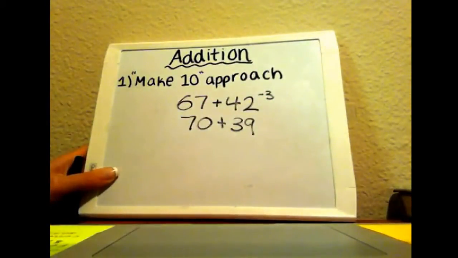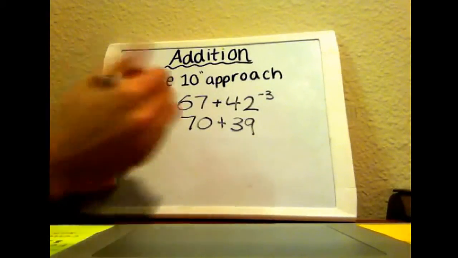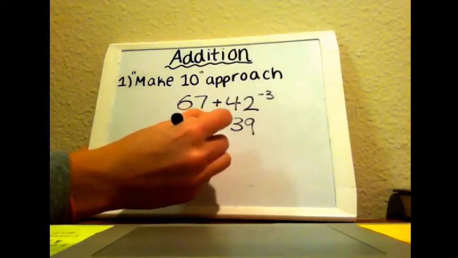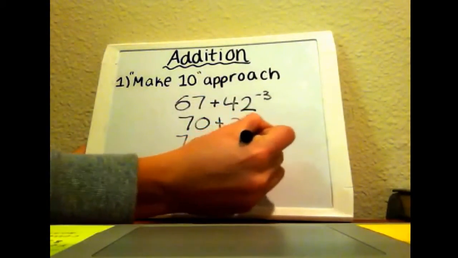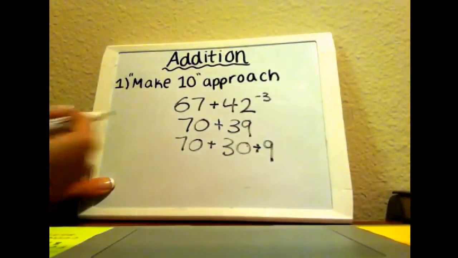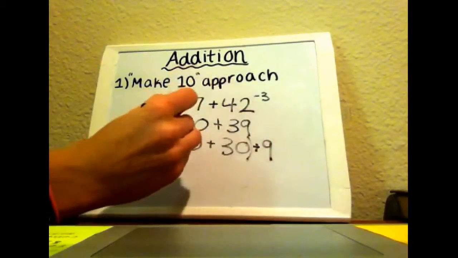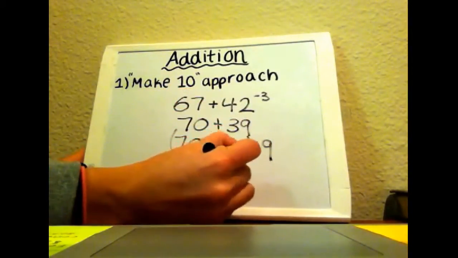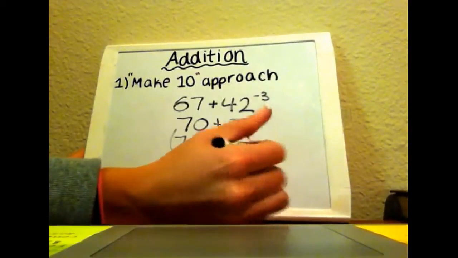And now, even if that still is a little bit complicated, we can break this down into more Make 10 approaches. We can bring down the 70, and we can break down 39 into another multiple of 10 and something smaller. So we could make it into 30 plus 9. And here we could add the 70 and the 30 first, which would give us 100. And then we can bring down the 9. And that'll give us